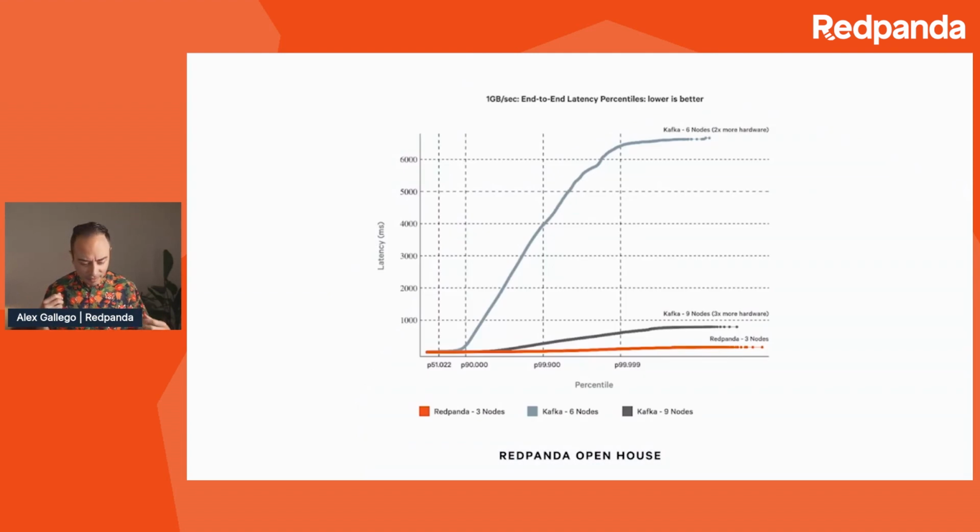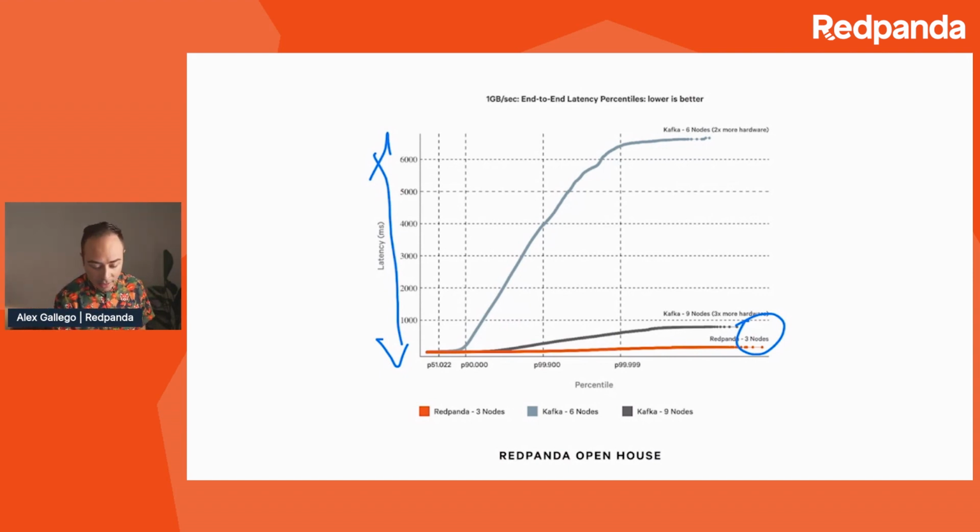the tail latencies. So when you're trying to build products, when you're trying to sort of understand, well, how much money is this going to cost me? We really need predictability. And so I'll highlight a couple of things about predictability. So first of all, you have 3 nodes of Redpanda here. And if you look at the latency distribution, right? So Y is the latency distribution and X is the percentile. Often these axes could be interchanged, but the point here is that if you look at Redpanda, the latency is relatively predictable all the way up to the max percentile.